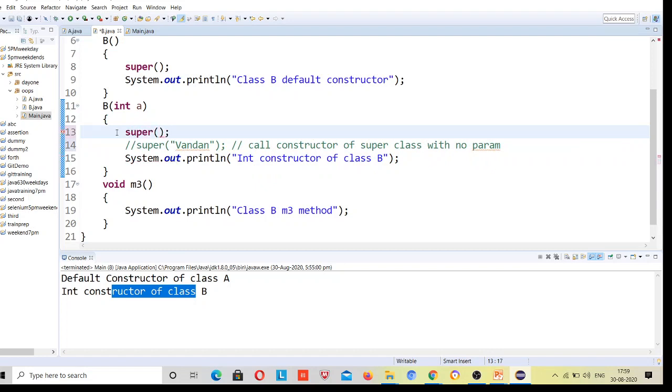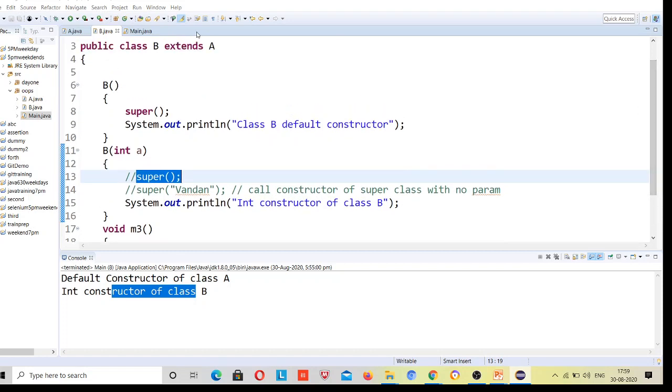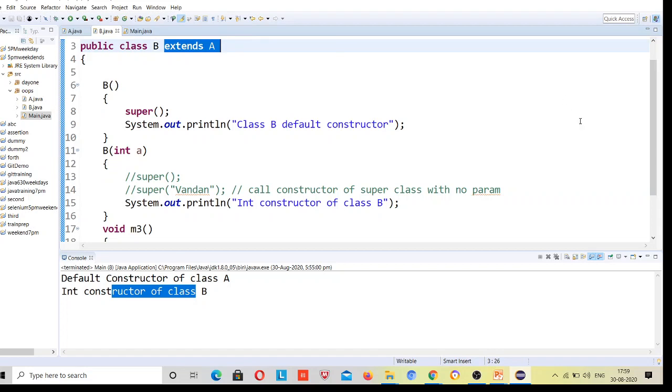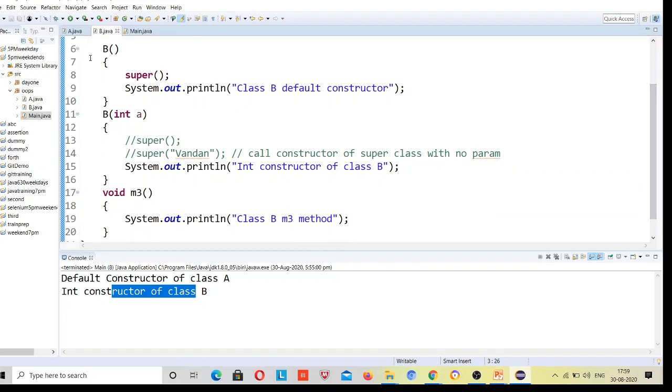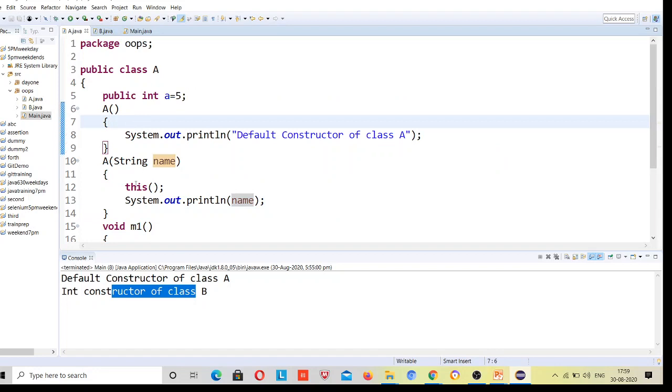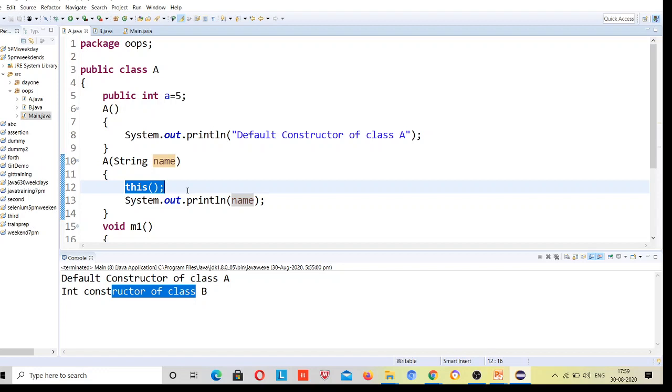Now I have overridden by the parameter, but by default the super constructor, the default constructor of the super class, gets called, right? So suppose I don't write this, but this code is written by default, only for the inheritance process. If this is not written, there is no issue, right? But this is never going to be written by default. This you have to write manually. You don't assume that if super is written by default, then this will also be written by default. No, this works if you write it, otherwise it will never.